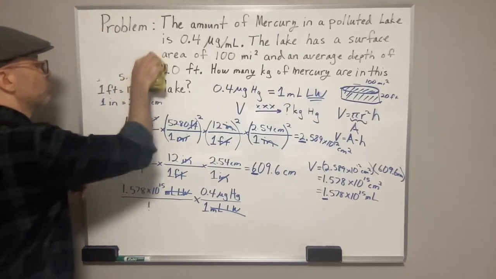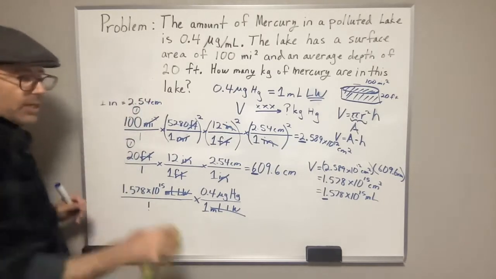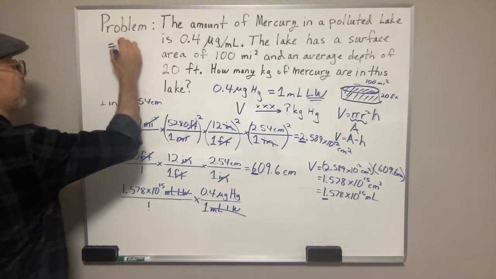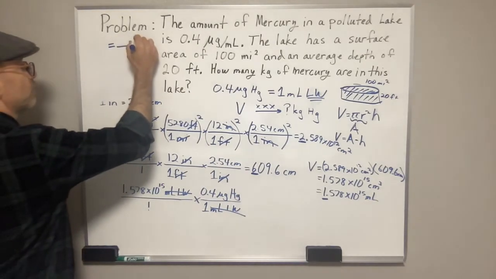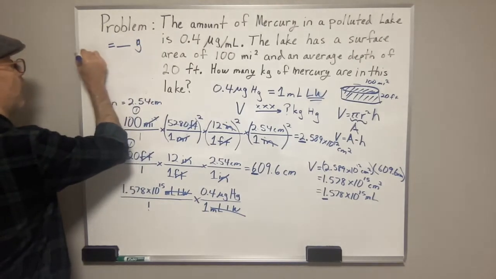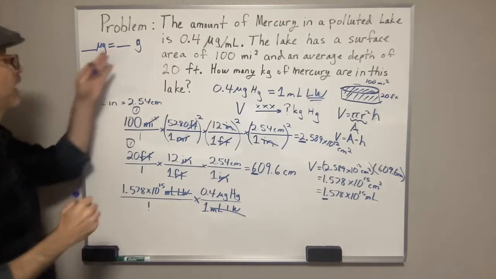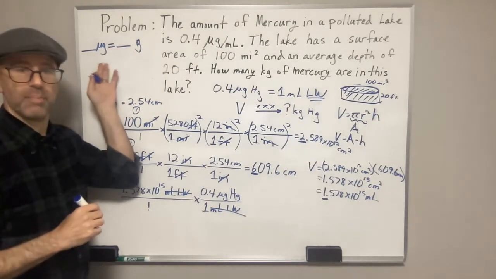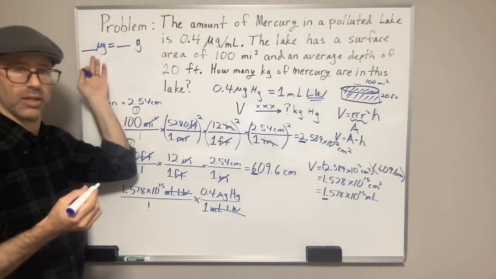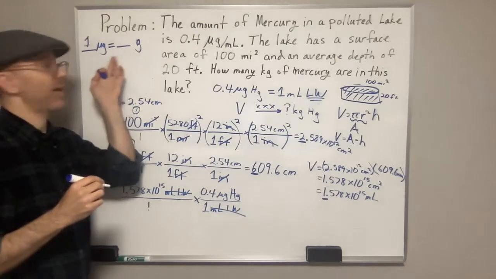So let's make some room here. That's good enough. So I set an equality and I put the base unit, in this case gram, equal to the other unit, which is microgram. And then what I do is I set it up by putting a 1 with the base unit. So I always put the 1 with the base unit. So I'm going to put a 1 with microgram, and then whatever